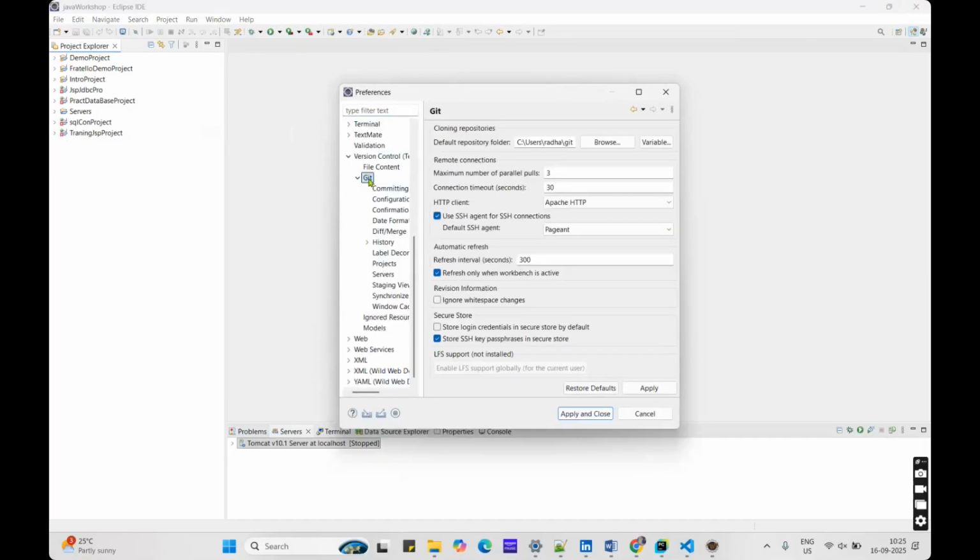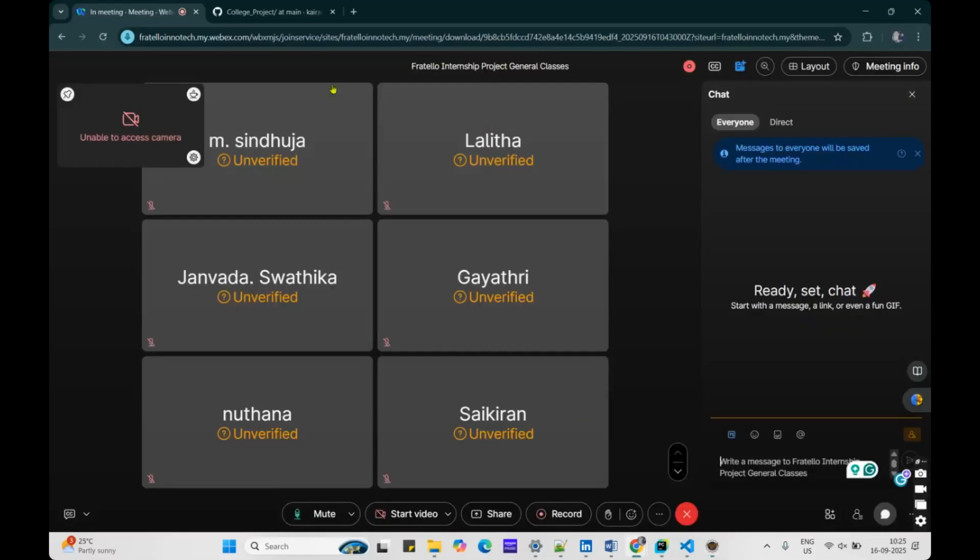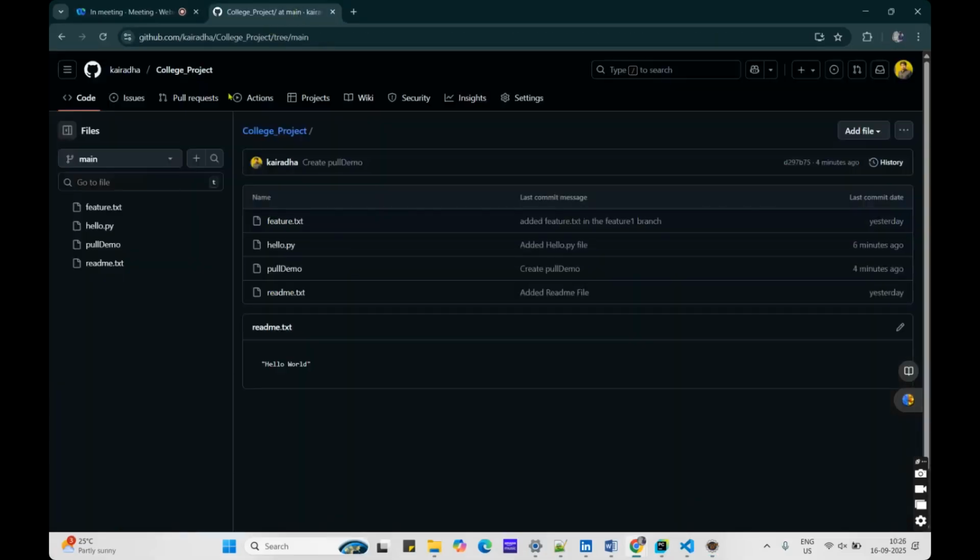It is built in. It also shows the default repository folder, users, Radha, and Git. Just apply and close it. Now let me clone an initial repo. I just integrated Git inside it, and now I want to